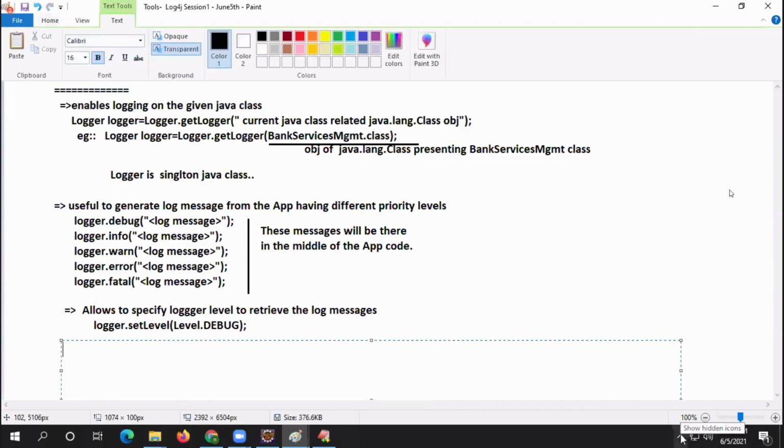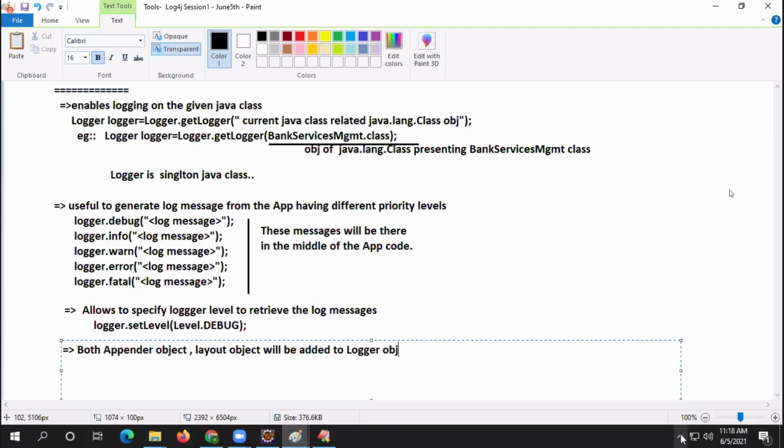Now listen. Both the appender object and the layout object will be added to the logger object, directly or indirectly. Are you listening, boss?